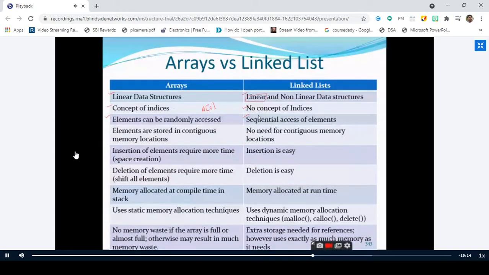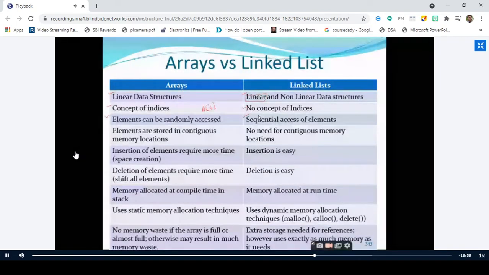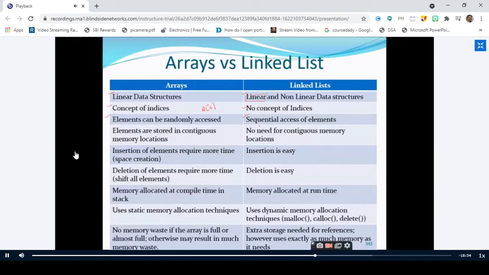Whenever the counter is equal to 5, that value is the value of the fifth node. That means you should start with the first node and go in a sequential fashion only. No random access. That is actually one of the disadvantages of the linked list, right?